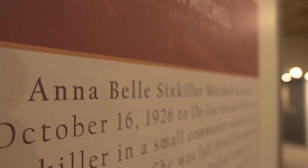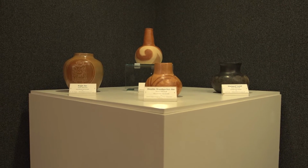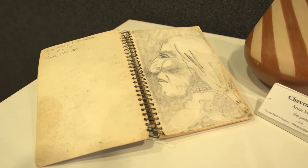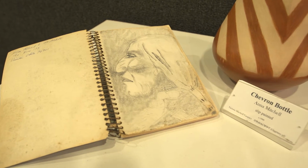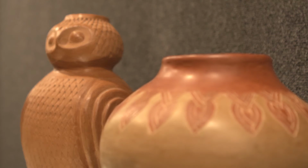Anna was a full-blood Cherokee. She was from the Veneta area. She married and settled there as well. Anna's pottery really grew out of a curiosity that she had had as a little girl about her Cherokee culture, and she had seen pottery from other tribes and things, but she really got curious about what Cherokee people might have done. One day when her family was digging a pond on their property, they found a vein of clay,